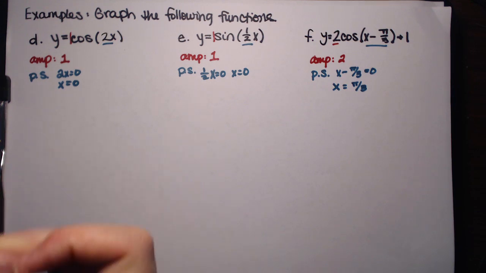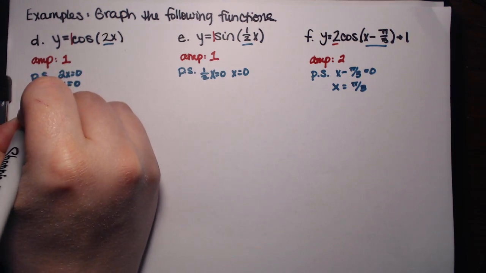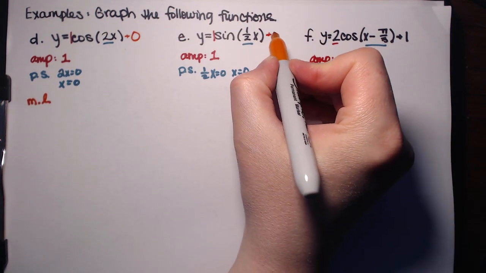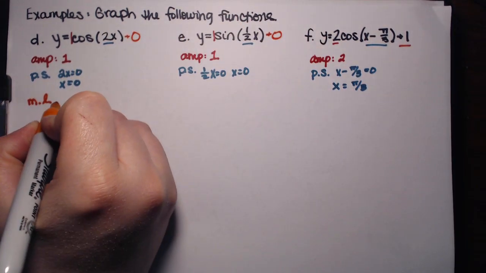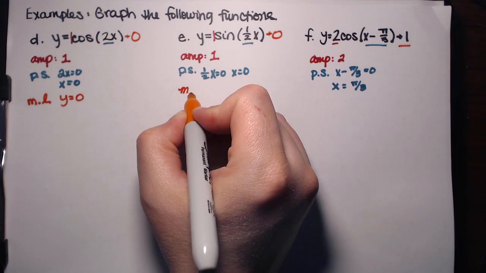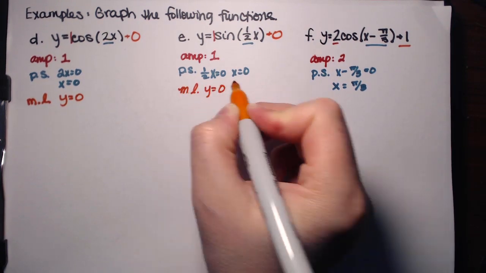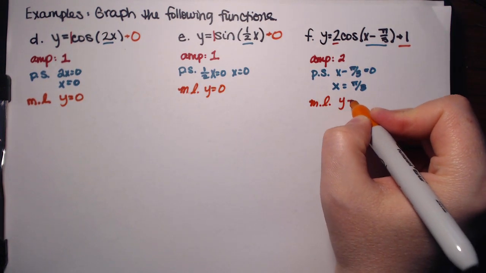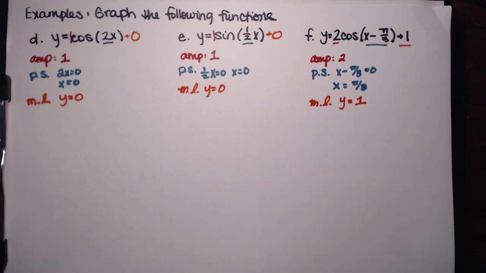Mean line. So again, there's nothing here, but this one has a 1. So 0, 0, 1. Okay, and then the period,